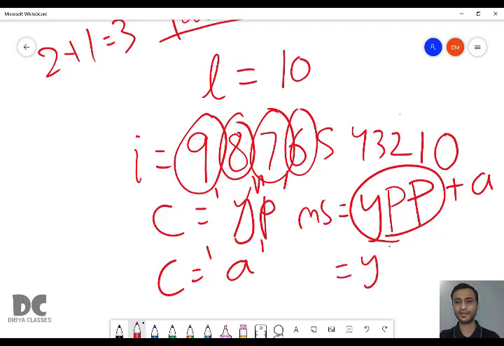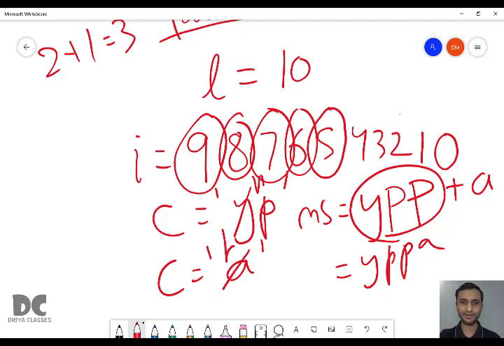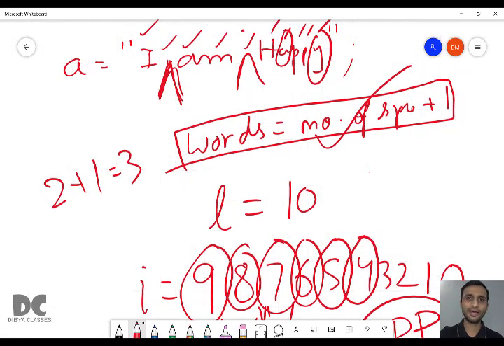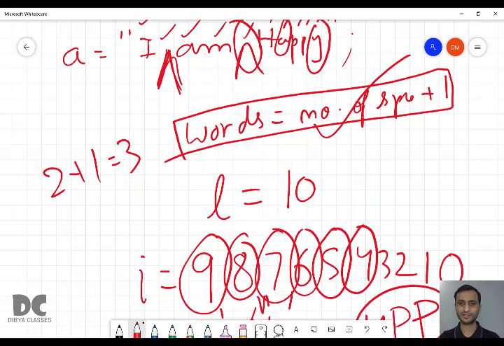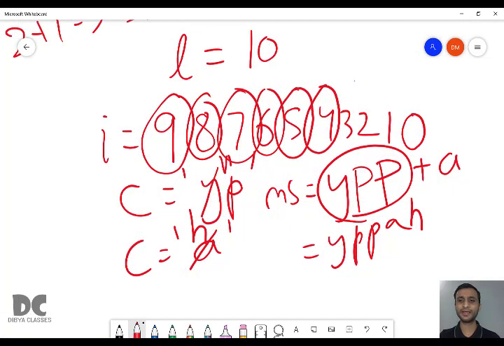So now we will have ypp a. Then the value will become 5. We will have h. So ypp a h. Next the value will become 4. In 4 we have space. So yppah plus space.